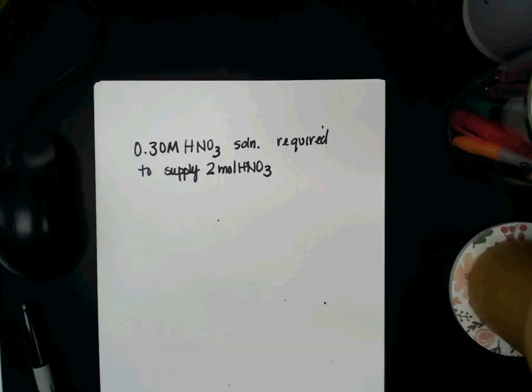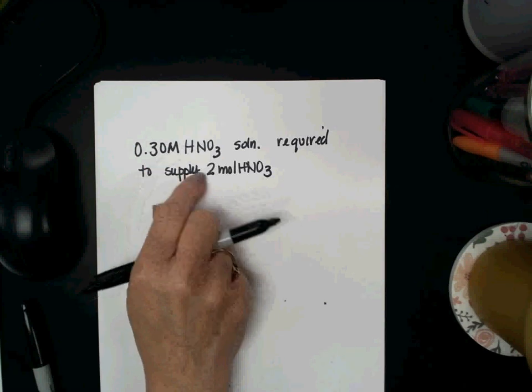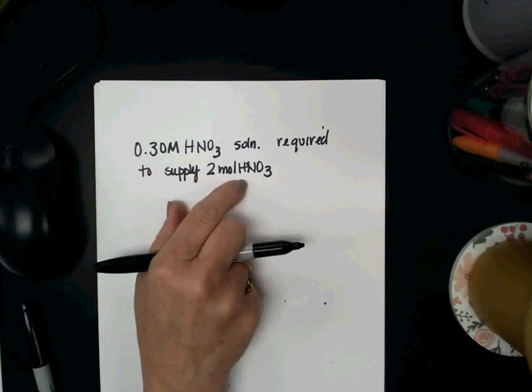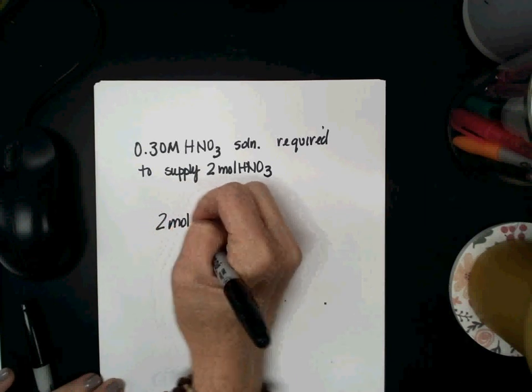So basically it's saying I'm going to use nitric acid to come up with the moles that I need. I only have a 0.3 molar solution, so how much of that do I need to come up with 2 moles? So I'm going to use my 2 moles